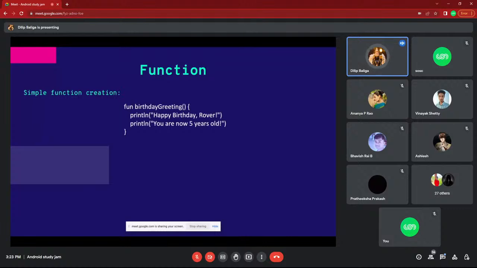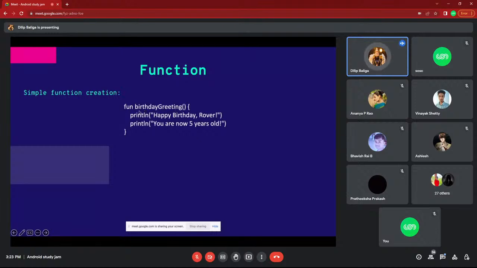You are supposed to make a whole program out of simple functions, so that whatever it is doing, for example printing, should move inside a function, making it very easy to read. Basically a function does small things. In Kotlin it is very easy to create a function. Fun is the keyword, followed by the name of that function.